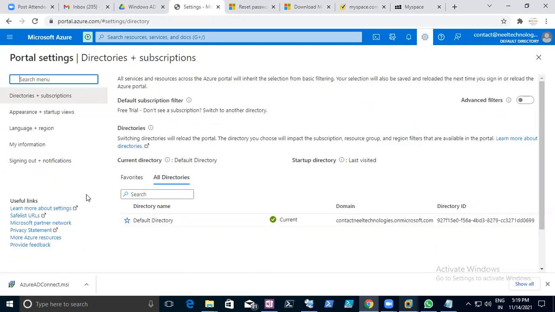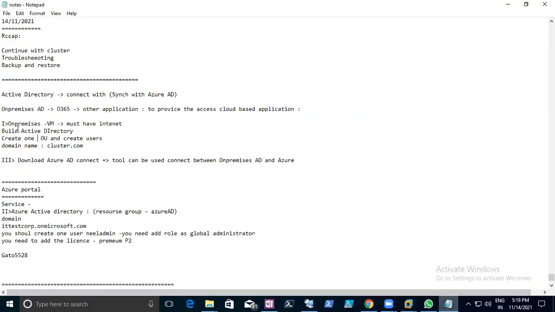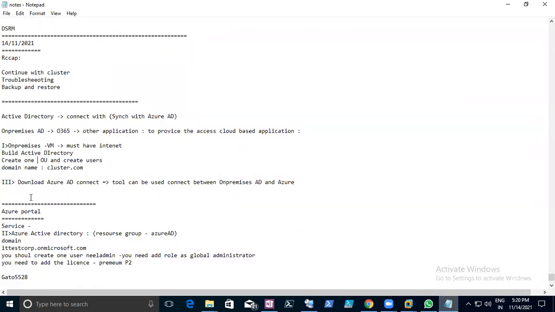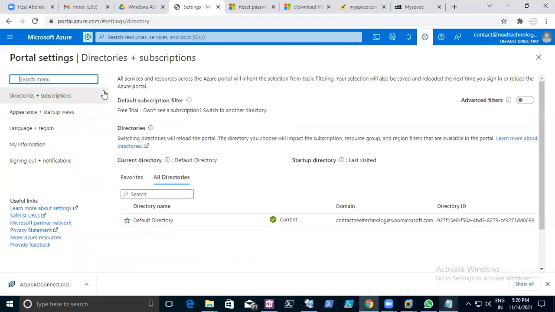When I switch directory, it's coming here. You need to type what is that, IT test corp, right? Or we can directly log on. Yeah, that is also possible.